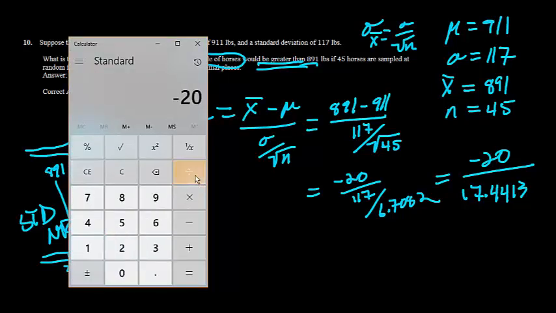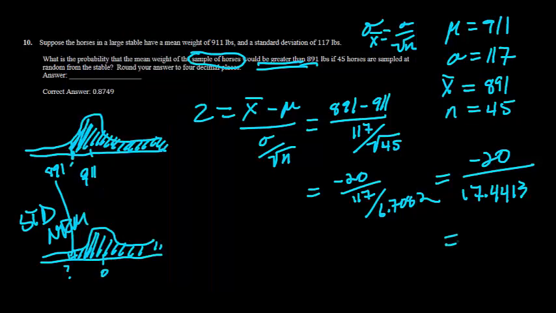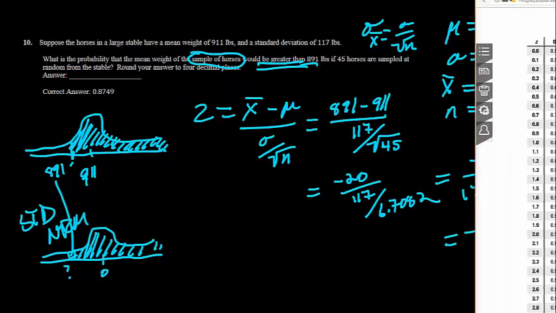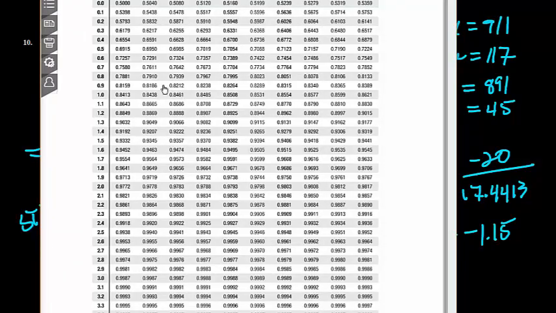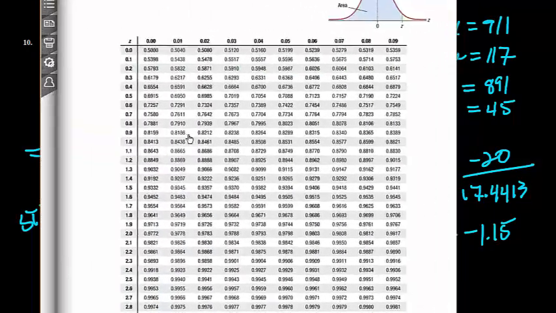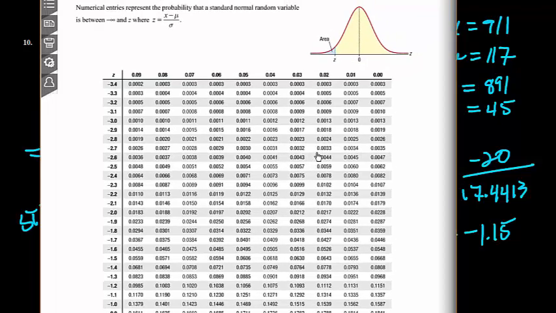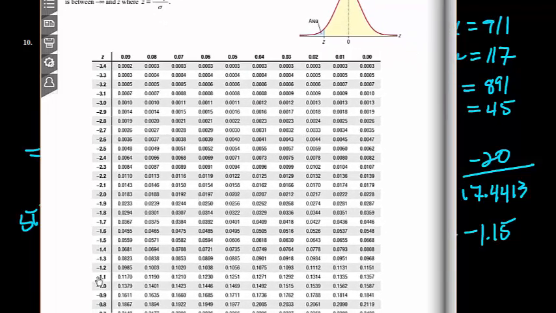Negative 20 divided by 17.4413 is equal to negative 1.14, or negative 1.15 if you round it. So let's go out to the table. All right, we've got to go to the other side. These are all positive z's. I need a negative z, negative z 1.15. Double check it. Yes, 1.15 is